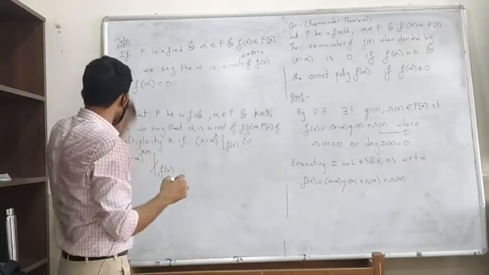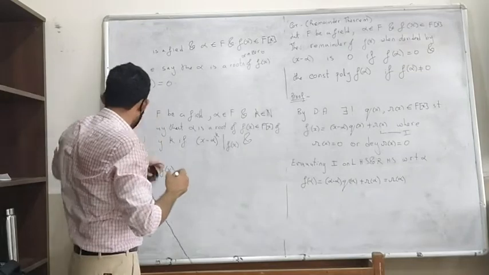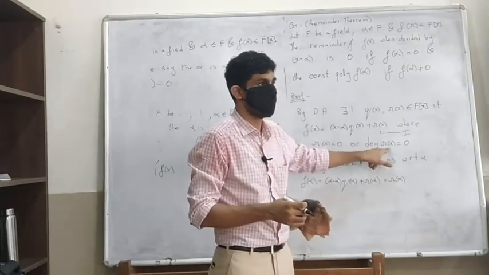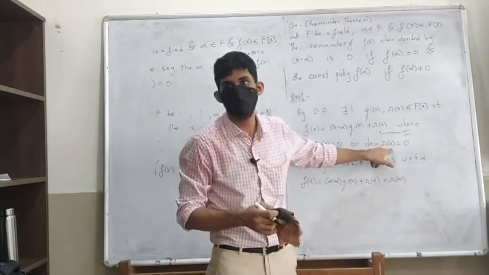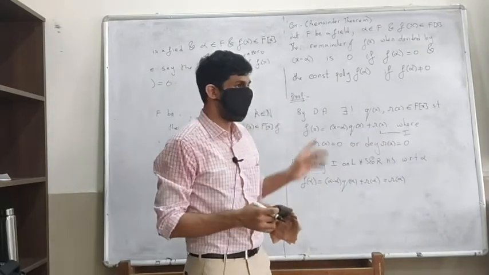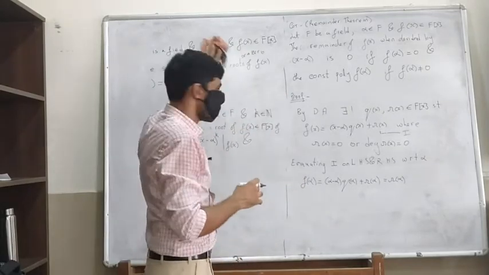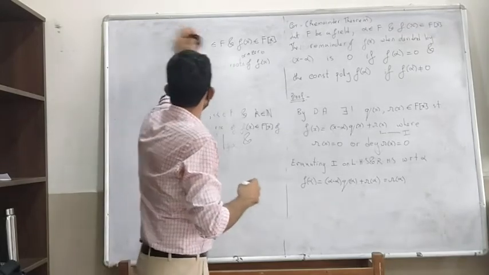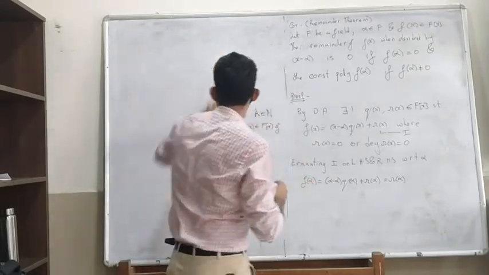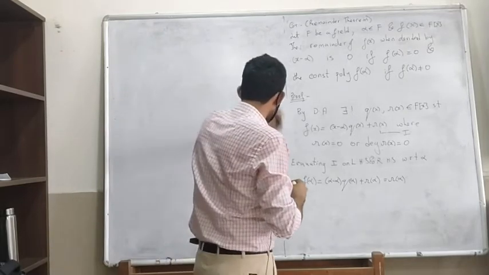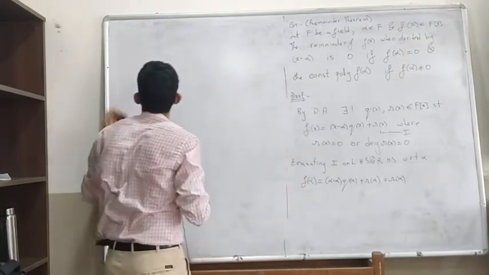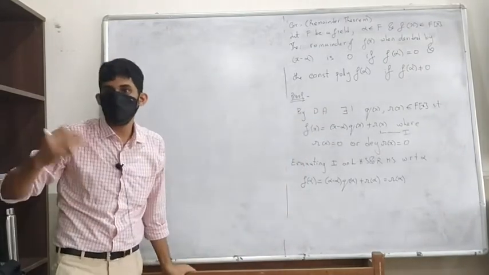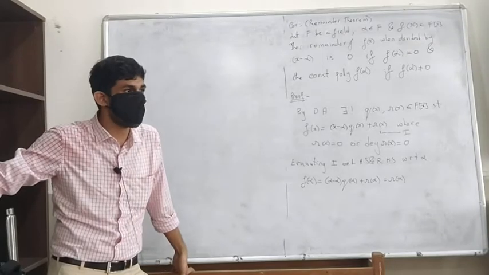Now notice that r of alpha is f of alpha. My question is what is r of x? I need to know what is r of x. We will get it from here itself, because we know that r can either be just the 0 polynomial or a constant polynomial. What happens when you evaluate the constant polynomial? What do you get back?